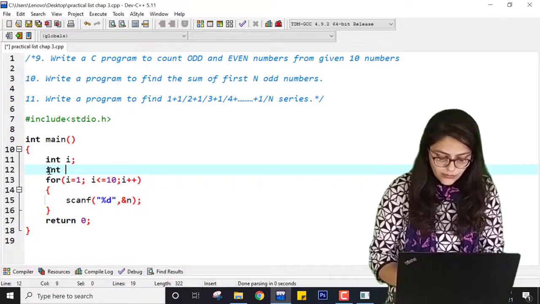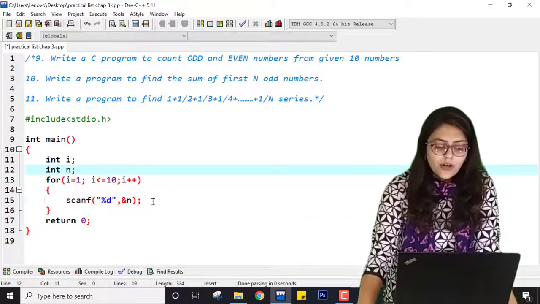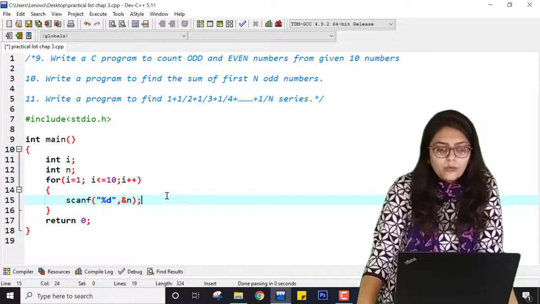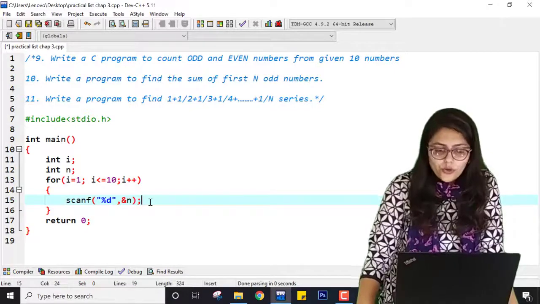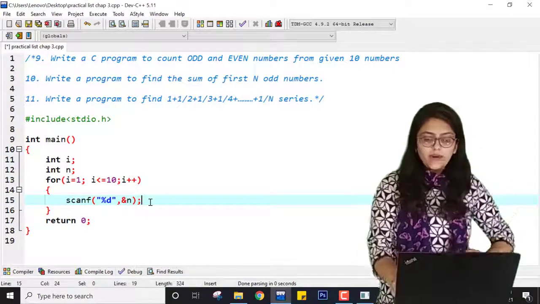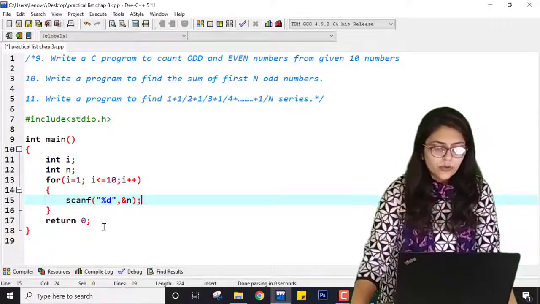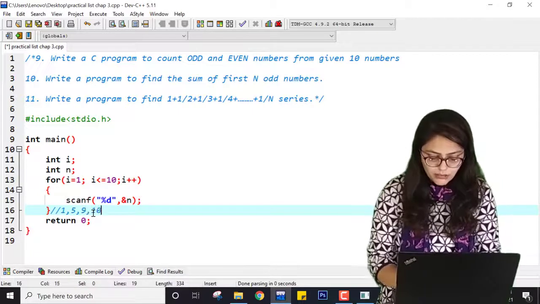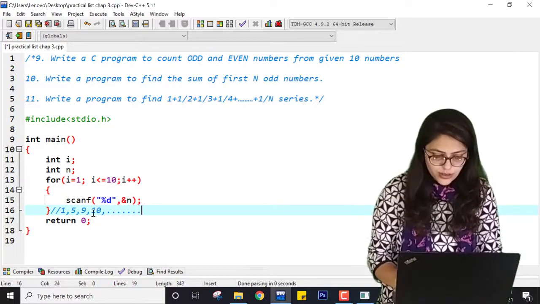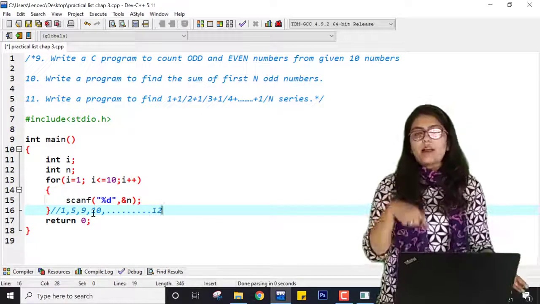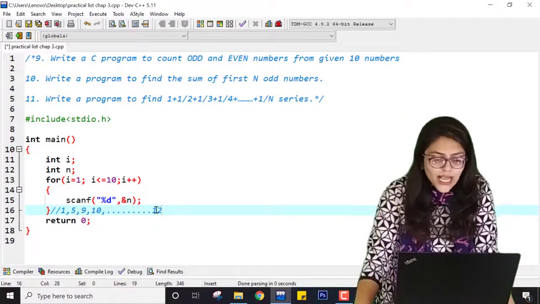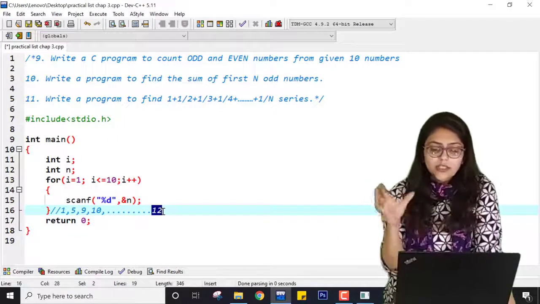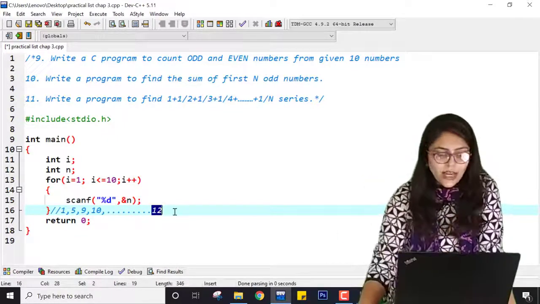So here I have to declare one variable n. First i equal to 1. When i equal to 1, n is taken from user. Now after taking value, if this loop is executing continuously, it will just replace n's value with 1, then 7, or randomly added numbers. So at the end of the 10th iteration, suppose the value entered by user, the 10th value, is 12. So last value of n is 12. Other values before this 12 are replaced, right? So I cannot get them back.